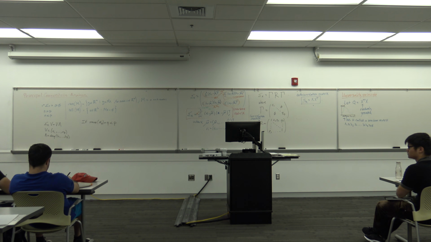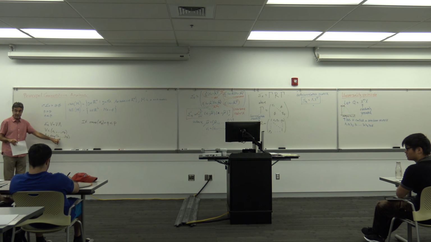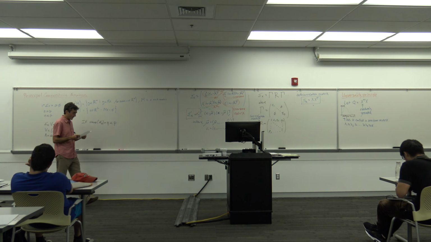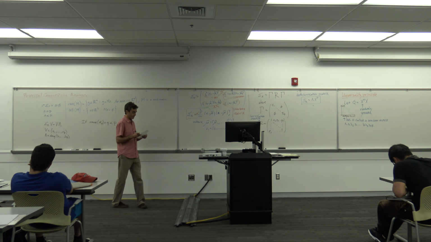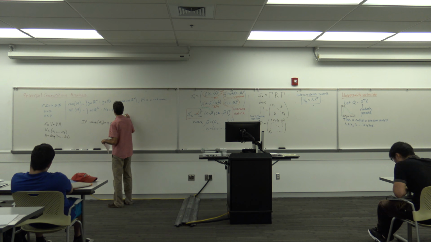Anyone? That the eigenvalue is what? Okay, some eigenvalues are equal to 0. How many of them? P minus Q are actually equal to 0, right? Very good. So that, in other words, means that if we